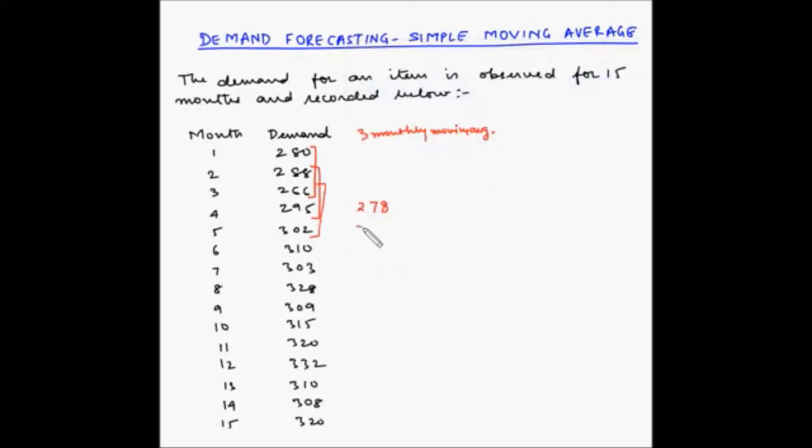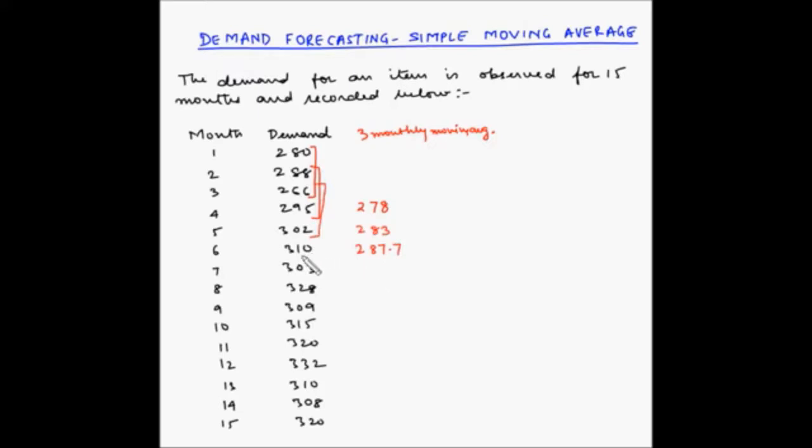So 283 is the forecast for the 5th month, but the actual sales for the 5th month turns out to be 302. Now we have to find out the forecast for the 6th month. So we'll take the actuals for month number 3, 4 and 5. Now once we take the actuals for these 3 months and take an average, we get 287.7,